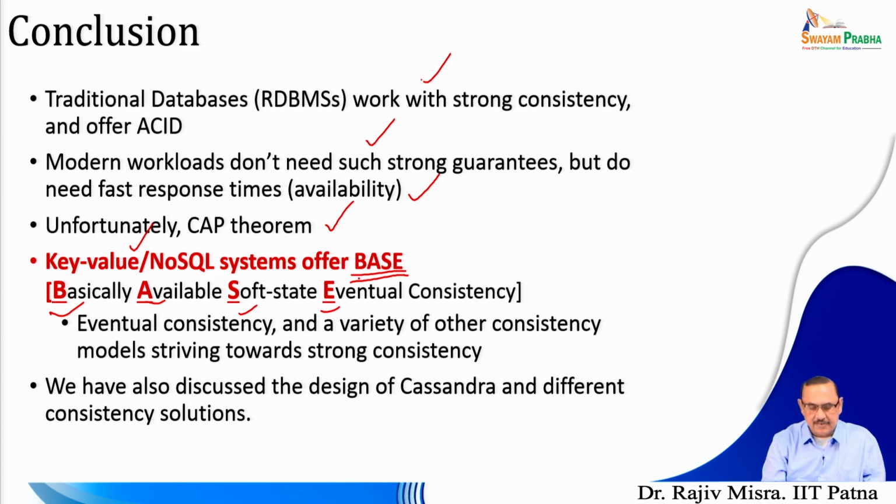So, eventual consistency and a variety of other consistency models are striving towards a very strong consistency, but it is not a strong consistency, it is basically available soft state eventual consistency. Now, we have also discussed the design of Cassandra and different consistency models. Let me summarize